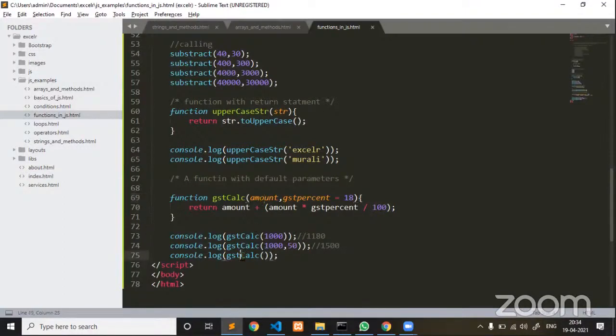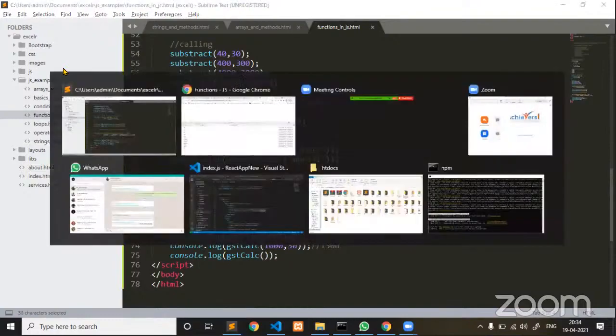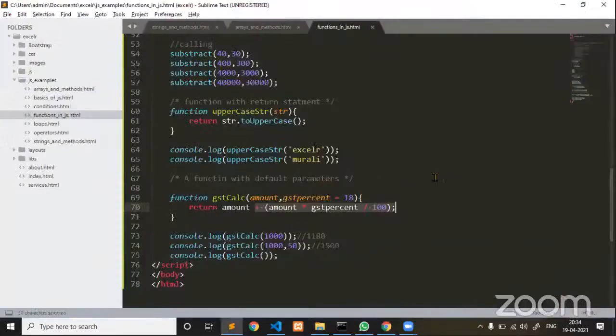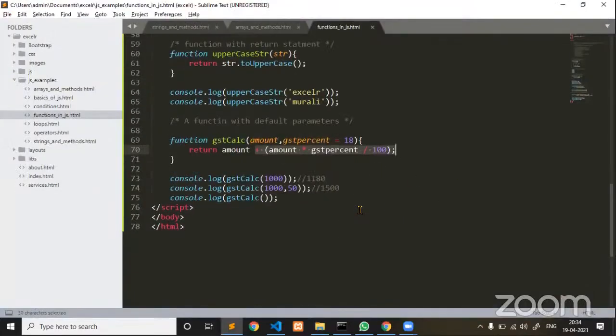When the function is called without passing any parameters, all the parameters become undefined. But for default parameters, since the value is undefined, it will take the default value, but amount is undefined. So with undefined values, if you are doing arithmetic operations, JavaScript returns NaN, N-A-N, not a number. So this is a very, very important question that interviewers are going to ask. Okay.